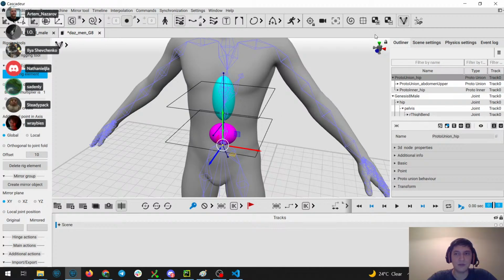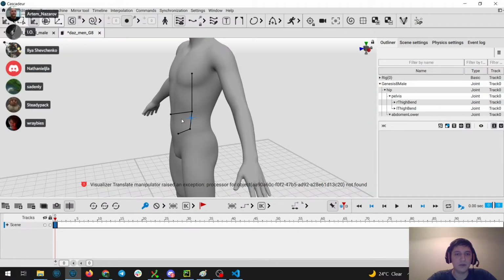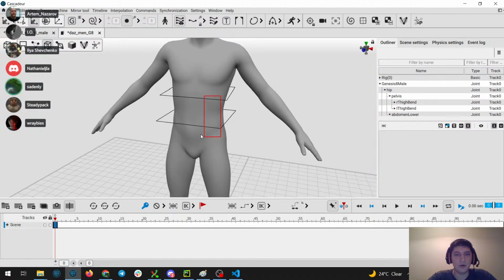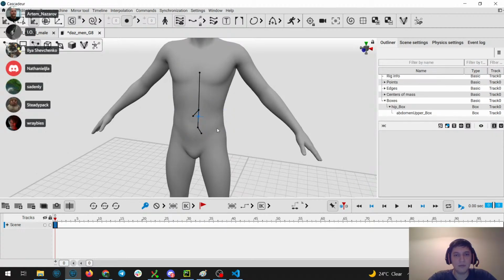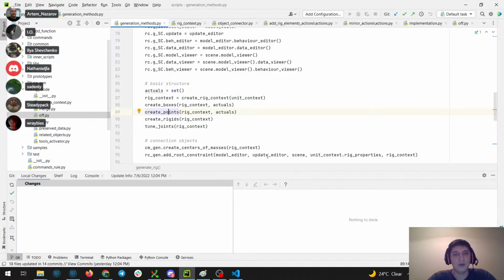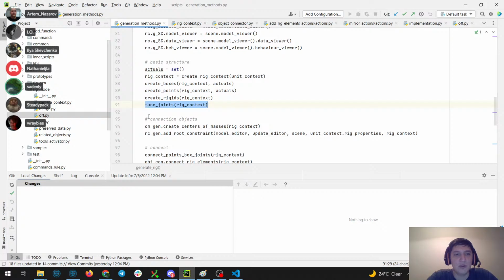I think this is pretty obvious. So the boxes, the points, and then we generate the rigid bodies. We tune joints because sometimes we have to change something in the joints during the recreation process. And then